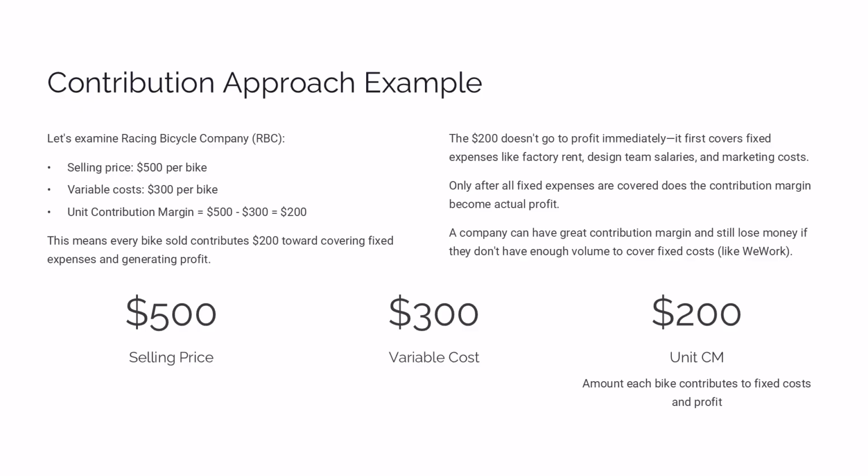fixed lease obligations. I remember when Tesla was struggling in 2018, Elon Musk tweeted about sleeping on the factory floor to increase production, and what he was really doing was trying to increase volume to spread those massive fixed costs over more units, because Tesla had positive contribution margins but needed scale to cover their billions in fixed factory and